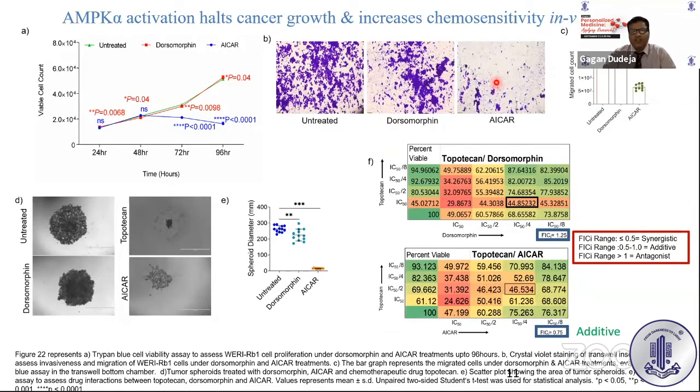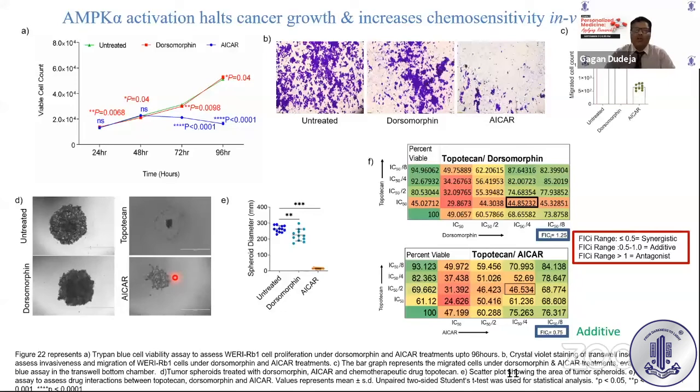So going further, if you see here, this is ICAR, and this is the retinoblastoma cell, Y79 cell line. Once we treat them with ICAR, you can see the retinoblastoma cells are dying. So it indicates that this is going to kill retinoblastoma cells, whereas dorsomorphin does not. And if you come onto this part of the screen, onto your left, this is a tumor spheroid, which we showed earlier. It's a model to mimic the retinoblastoma tumor. So when we give topotecan, you can see the shrinkage in the tumor spheroid. It's like a nuclear bomb, because it's an anti-cancer drug. It really acts fast and it's destroying all the cells. With ICAR, you can see there is a reduction in size, but it is not as much as with topotecan. So it's working, but it is still a little less effective.